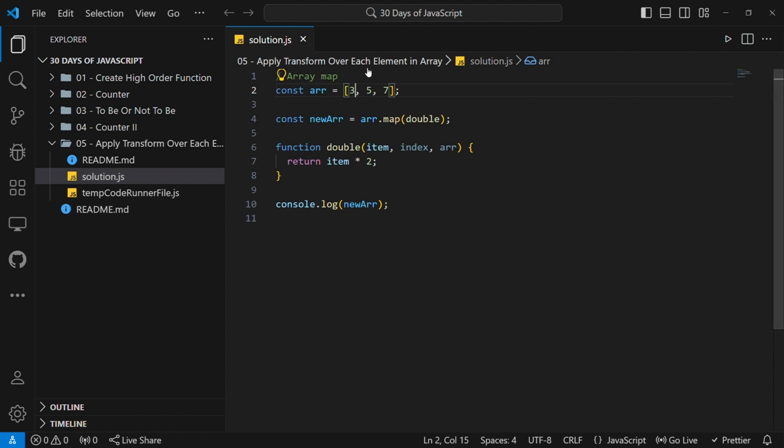In the second iteration, the value of item is 5. It will take 5 times 2 and return 10. In the third iteration, it will be 7. So 7 times 2 returns 14. And it returns this